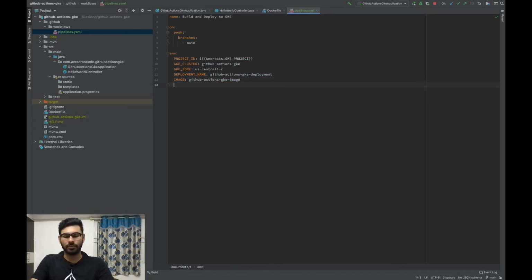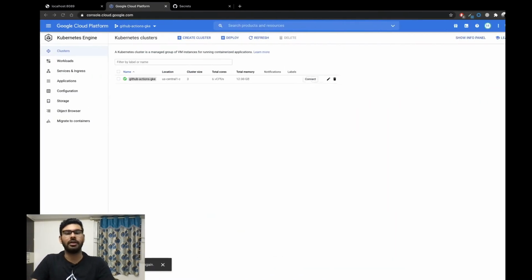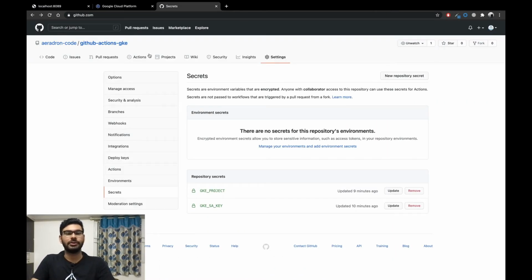You can provide one more variable if you want to provide a specific tag to your image that is created. We'll see what this tag is. So for our case, I'll just give it 1.0.0, or you can leave it and use GitHub SHA, the SHA that is created every time you commit.